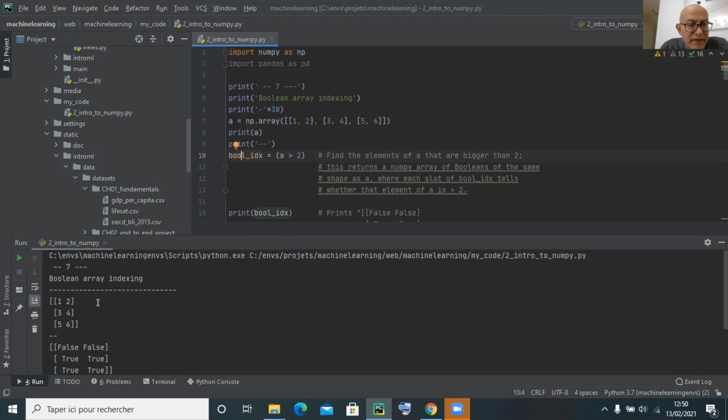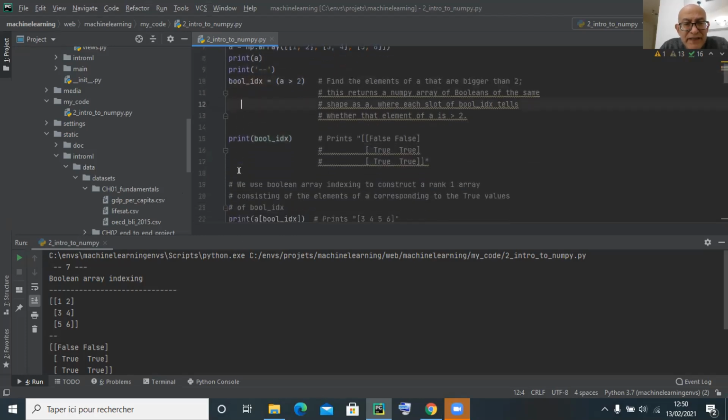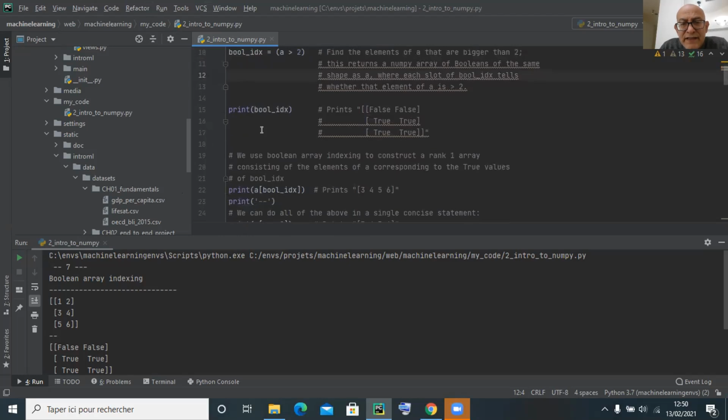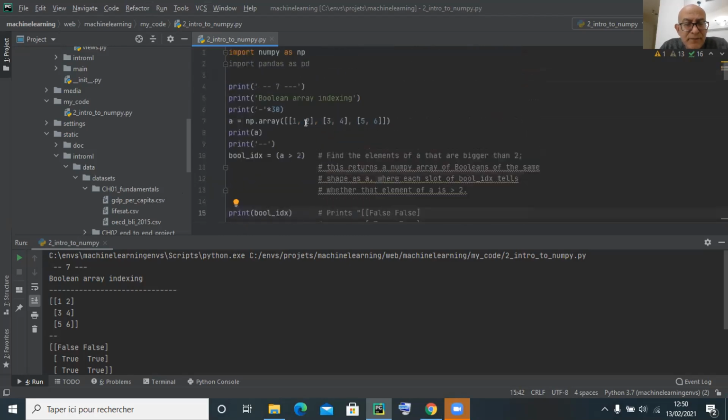So of course, the first one and the second one are not. So I will get false and false. Then the rest will be true. So when I'm printing this, this is easy and extremely useful. That's why it prints false, false, true, true, true, true. The reason is because the first row is 1 and 2, okay? If I change this one to be 0, and this one 7, just for fun,